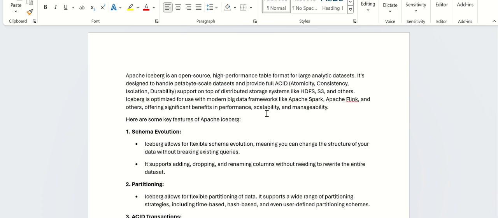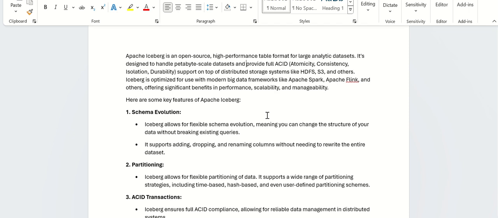Apache Iceberg is an open source, high performance table format for large analytics data sets, where you can do your complex queries very easily and update the data using merge statements, performing an incremental update from the source system into your data lake onto the Apache Iceberg tables. It supports quite a few good properties, right? Schema evolution: it allows you to flexibly change your schema, update the columns, delete the columns,